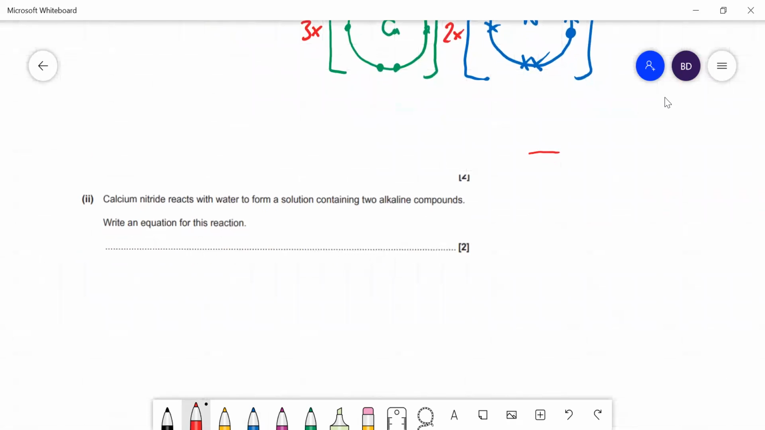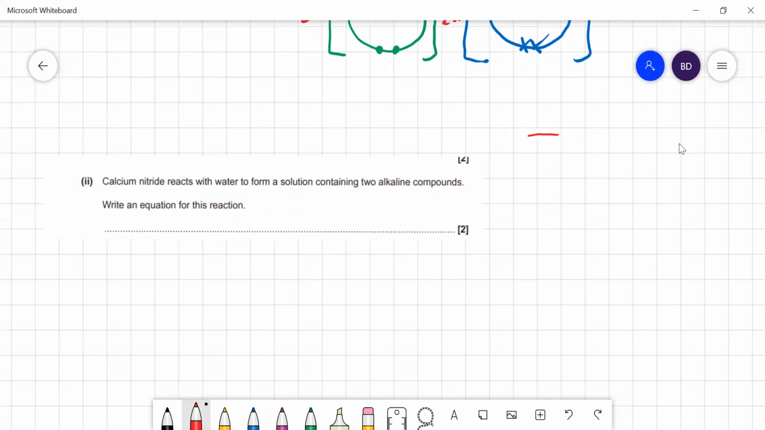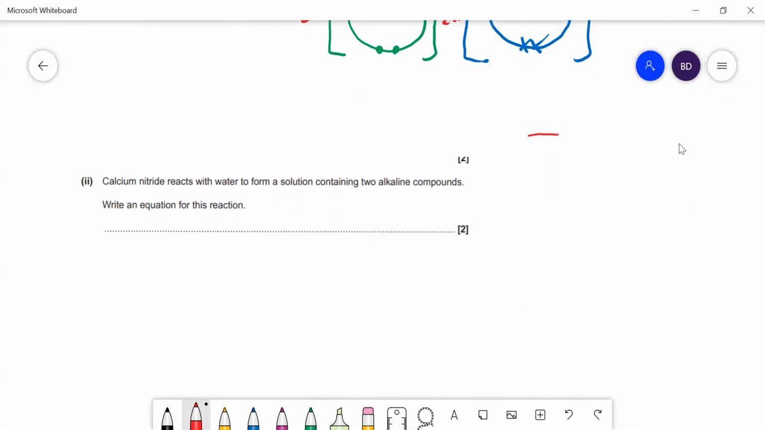They've asked how a nitride ion reacts with water. How does it react with water? And it tells you it forms 2 alkaline compounds. And I've had people saying to me, well, how do you know what those alkaline compounds are? Well,